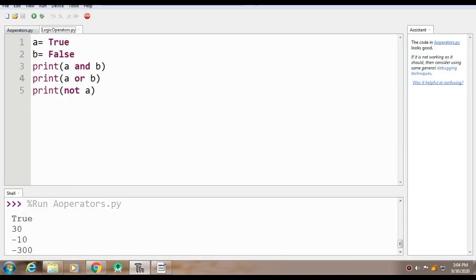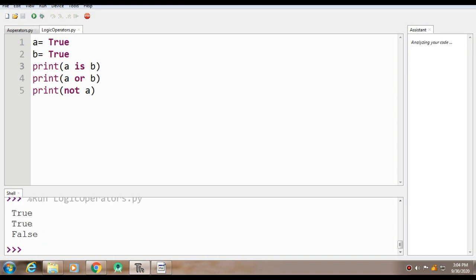Suppose these are the values, True, and this is also True. Now if I want to check a is b or not, it says True, because a is equal to b, right? Next we have is not. If I use is not, this will return me False because we know that a is equal to b.